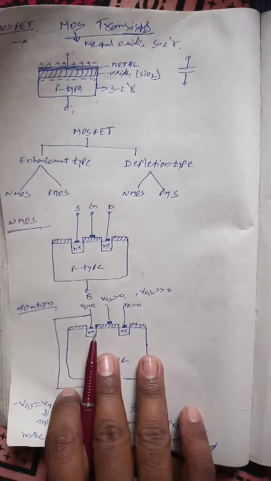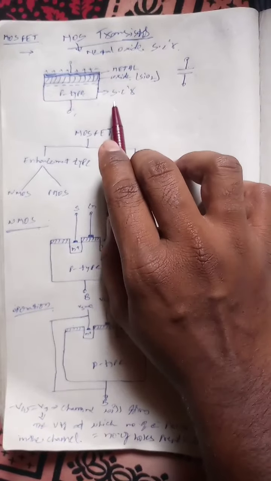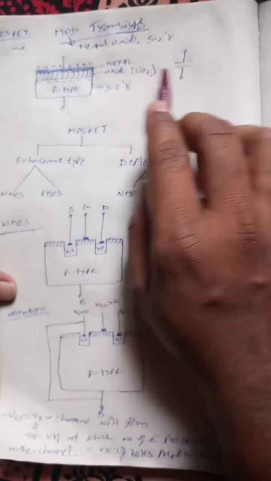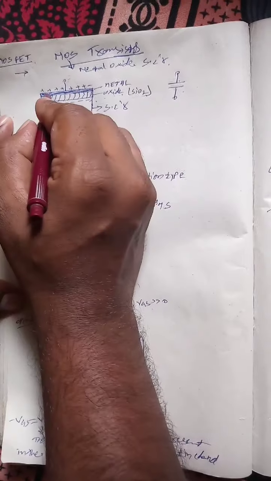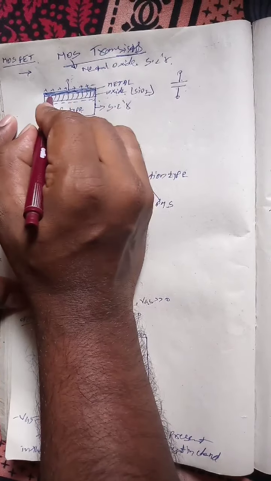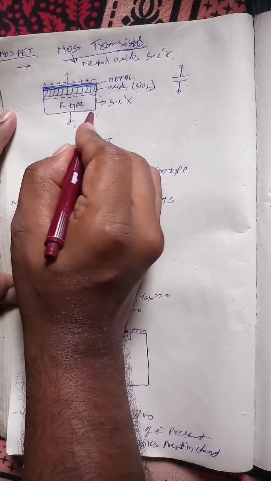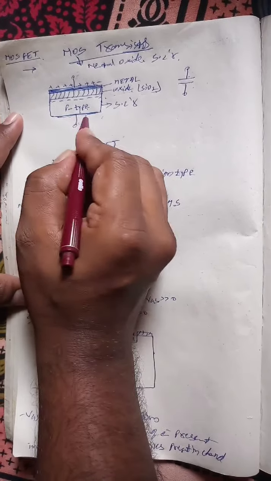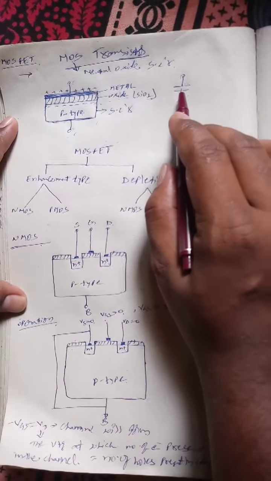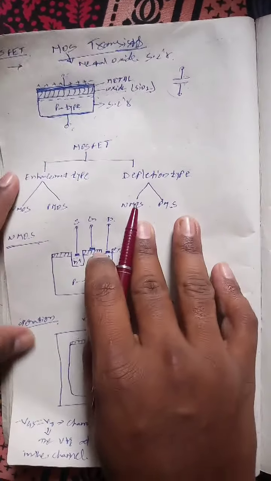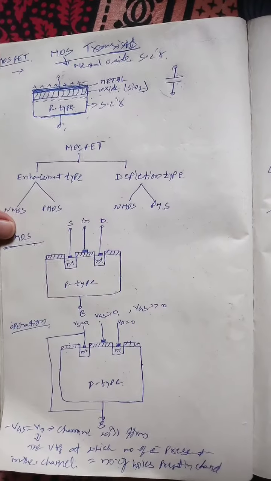In another way, we can say that this metal oxide semiconductor device, without any input and output, can be assumed to be a capacitor also. This plate we are seeing here is one of the terminals, and the remaining plate is the p-type substrate. So the two plates form a capacitor. This is a basic introduction to the metal oxide semiconductor device.